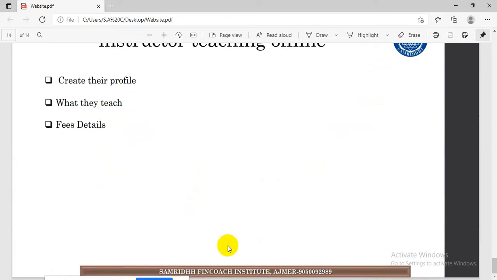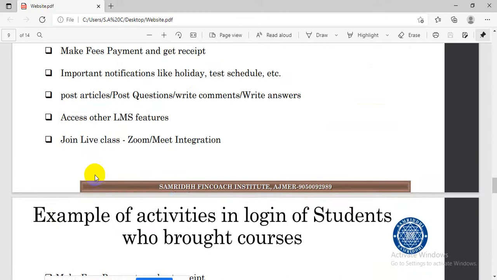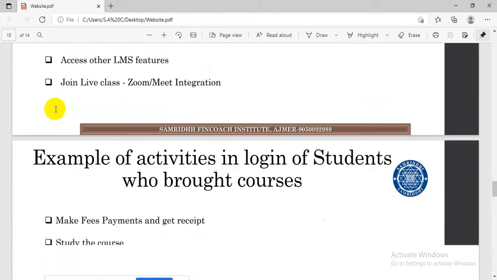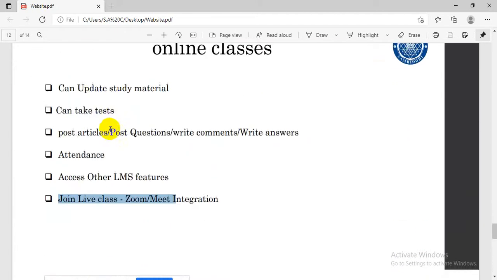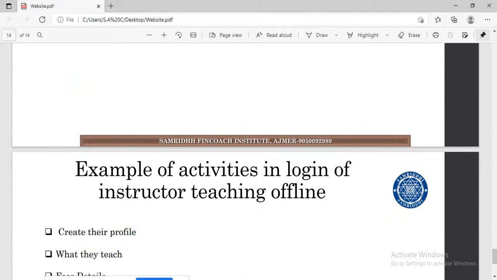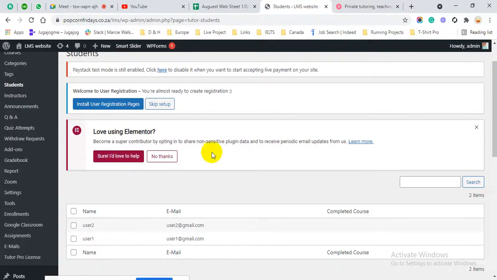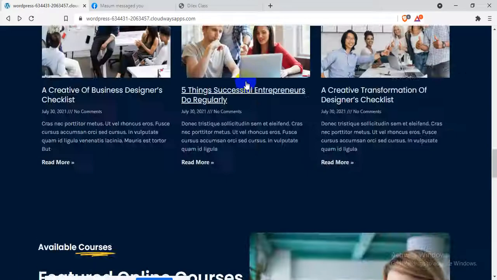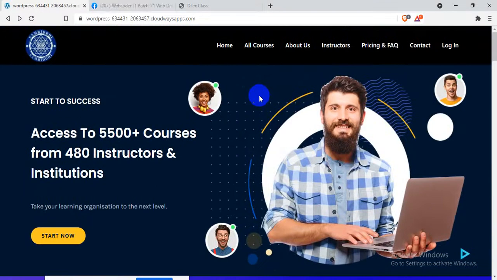Now, these are the things I am not clear about. What I am not clear about is the offline teacher section that we are making. We have not created the offline teachers yet. I am just asking about the offline teacher section, the super prof functionality that we are making, where offline teachers can create their login. Now, if a student searches for a teacher and finds a teacher, then what will happen next?